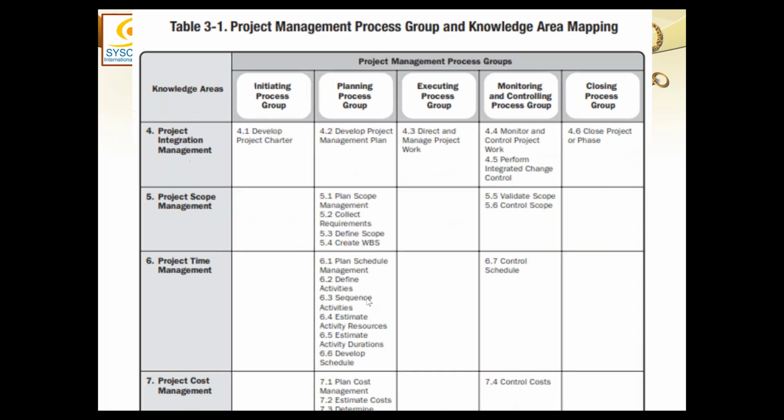So simply put, every knowledge area has at least one management plan, and that management plan is exactly according to the name of that knowledge area, except for two. Scope has one additional management plan. In addition to scope management plan, they have a requirements management plan. Quality has an additional management plan. One is the quality management plan, the other is called the process improvement plan. So leaving aside integration, all the rest of the 9 knowledge areas have got how many management plans?